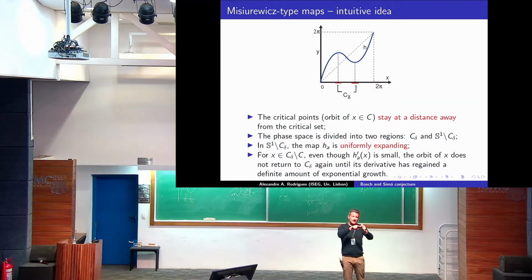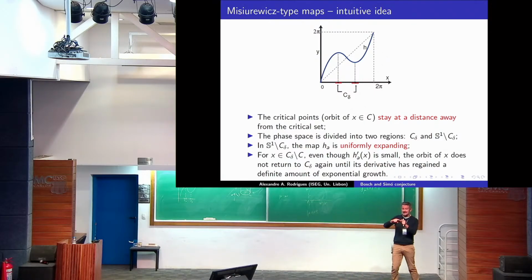If a point stays outside the dangerous region for all time, it means that I have uniform expansion, because it stays outside the critical region for all time. So in particular, the Lyapunov exponent is positive. And there are points that can fall into the dangerous zone. Yes, it's possible to fall into the dangerous zone, but I'm going to fall into the dangerous zone after being in the good region